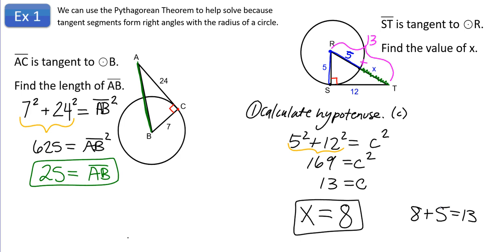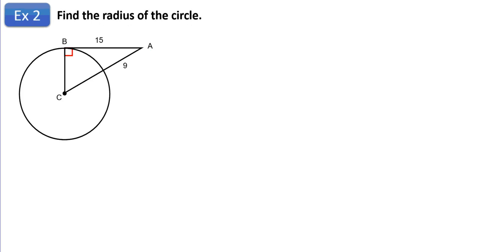Okay, we're going to get into a little bit trickier application problem here. This time, we want to calculate the radius of the circle. In both of our last two examples, we knew what the radius was. In this example, we are trying to figure out the radius of the circle, which I'm going to write R for radius. We have two radii shown. We have the one from C to B, and then we have the one that's going in the direction of